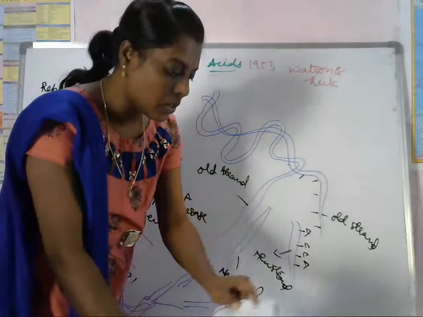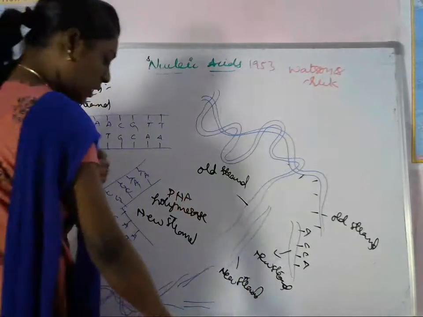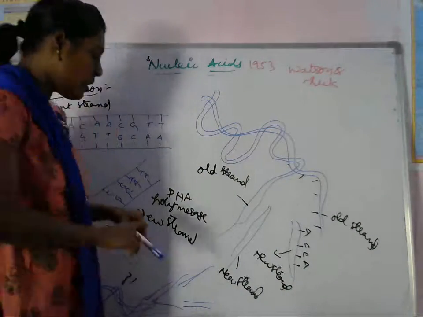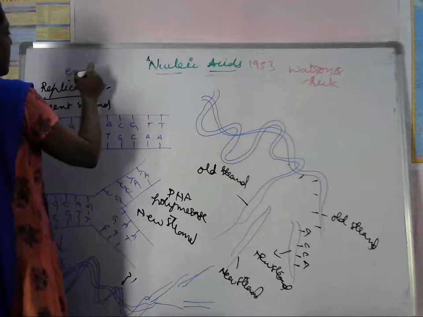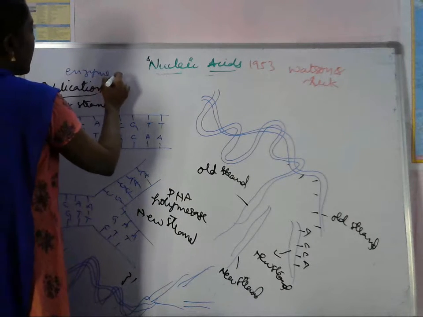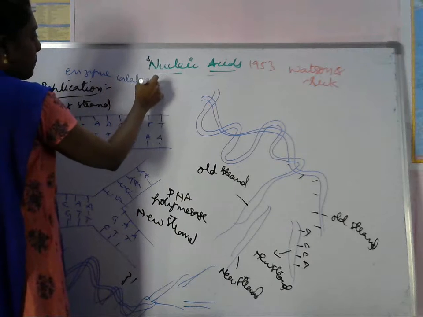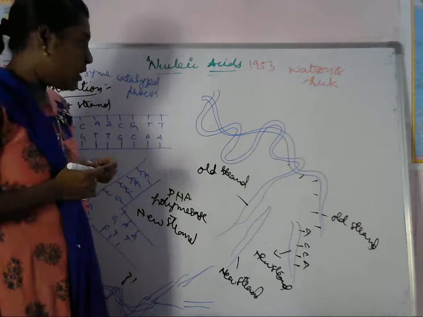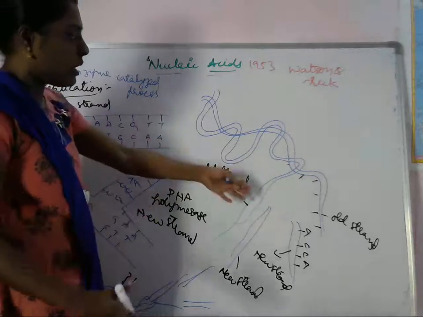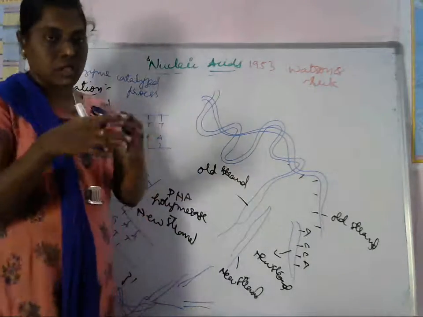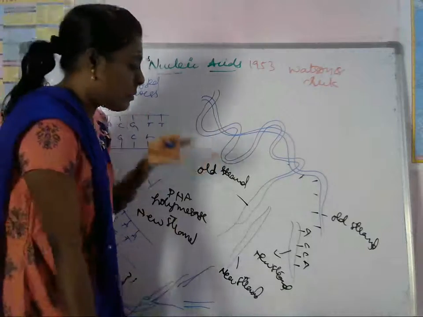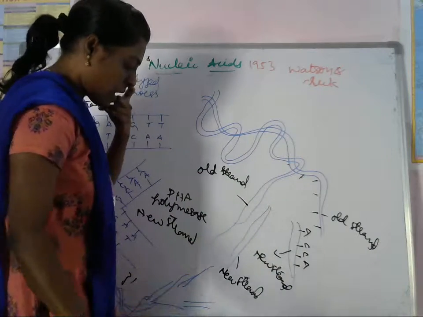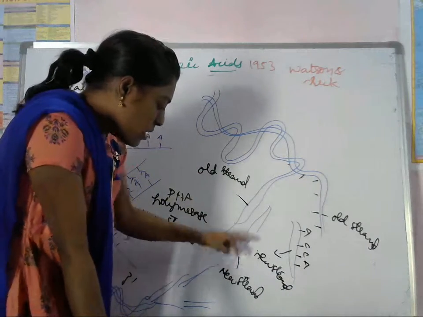Okay, so this is the replication. Replication is nothing but production of this one. Replication is an enzyme catalyzed process, where all the enzymes work. The process begins with partial unwinding. Actually here unwinding is there, not winding. Winding means combination. Here unwinding is there, means it will be formed like this. So unwinding the double helix separates the strands.